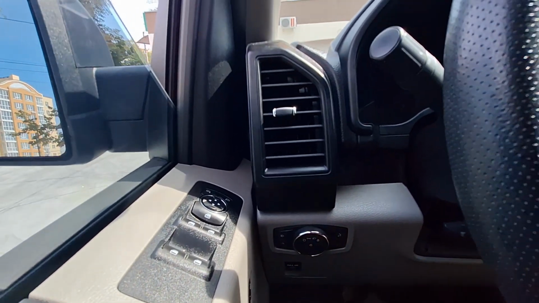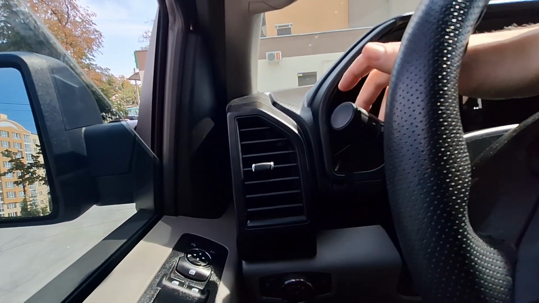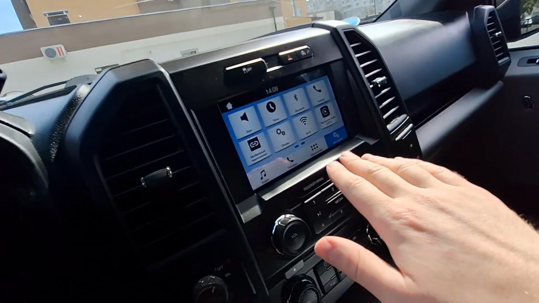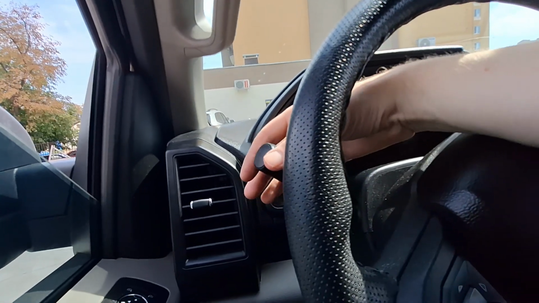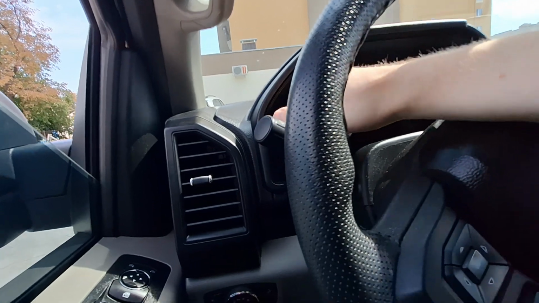Now you can use auto mode. In the auto mode, in some Ford F-150 vehicles, you will have auto high beams, and you can use the settings to set these high beams. But you will still be able to turn them on and off manually, like this or like this.